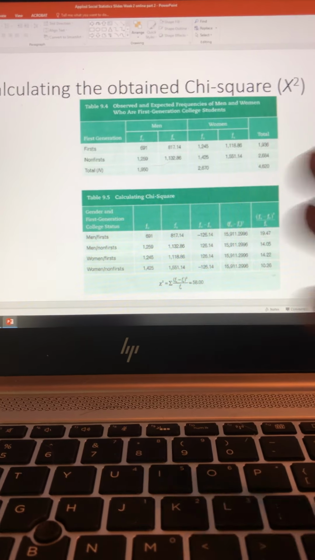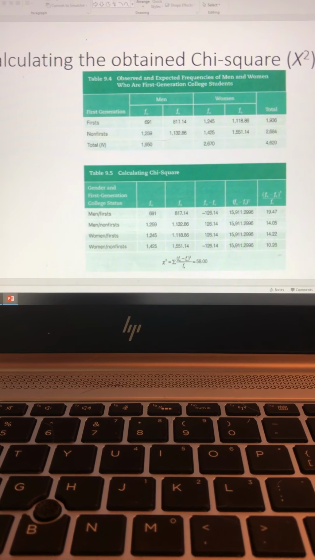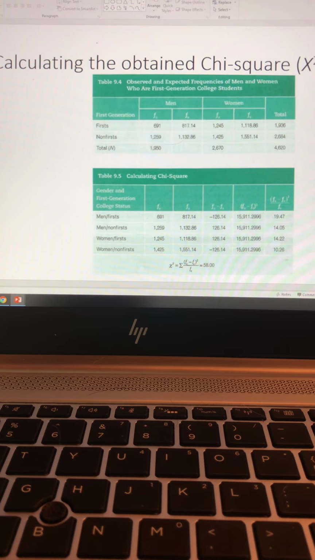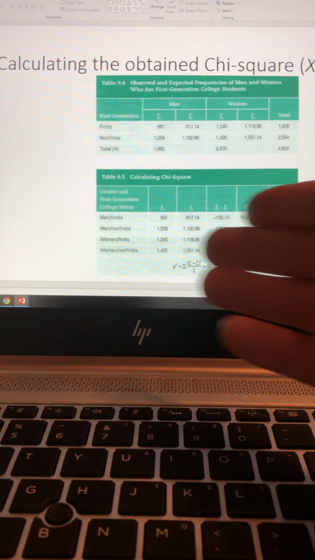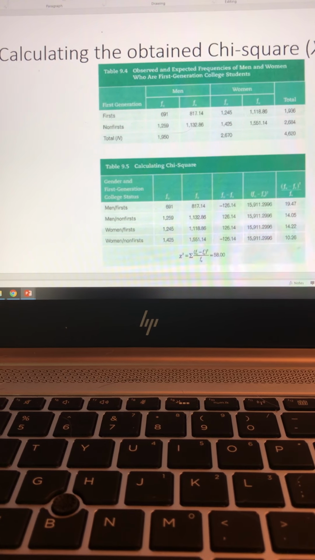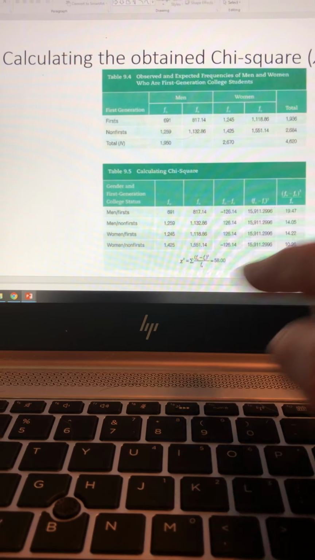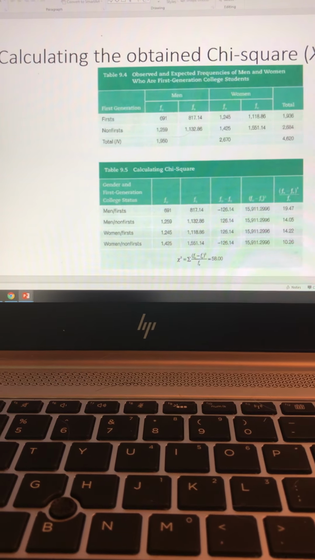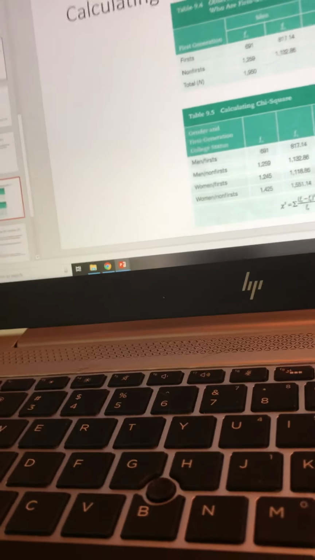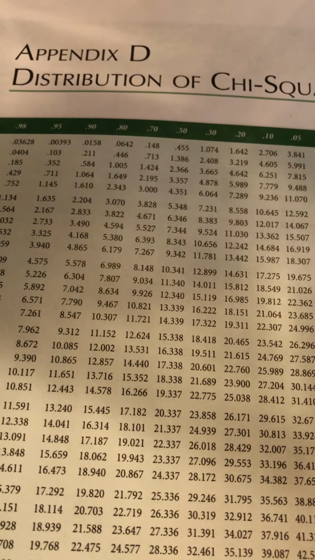Basically, we build our equation. Eventually we're looking for the sum of the observed minus the expected, squared, divided by the expected. But in order to get that, you have to piece it together like this, and again, this is in your book. Then we take each of the parts, add it up, and we get a chi-squared value of 58. And then, depending on the level of confidence that we want,